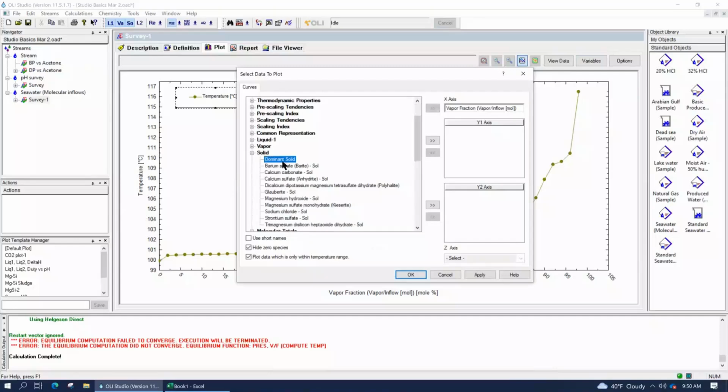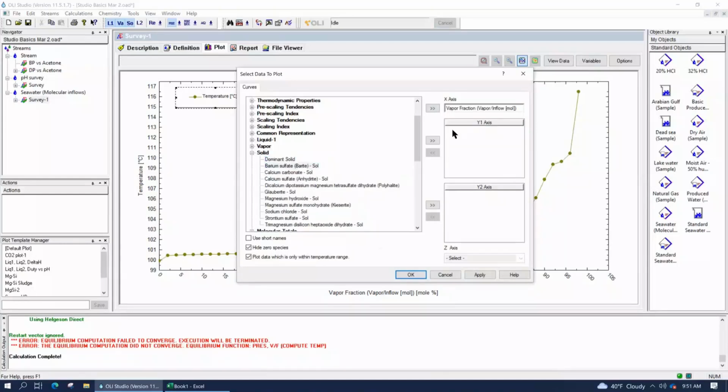There's also something at the very top called the dominant solids. The dominant solids essentially are the 5 most important solids, or components, in this category. So if I were to select dominant solids, then the plot would show me the 5 most important solids that are in the system. And importance means in terms of quantity.